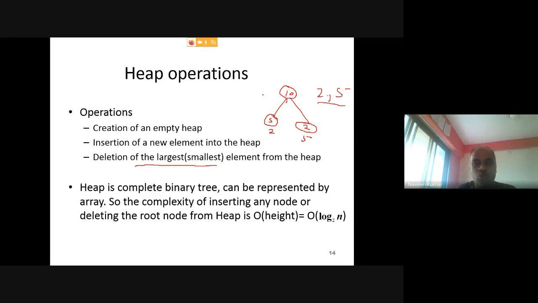But you are very sure that if it is a max heap, then the root node must contain the maximum element. So you can only work with sure elements. When we go for deletion, you can only delete if you know something. So in a heap we will not allow any deletion in internal nodes. You will always delete an element from the root node, from the application point of view.